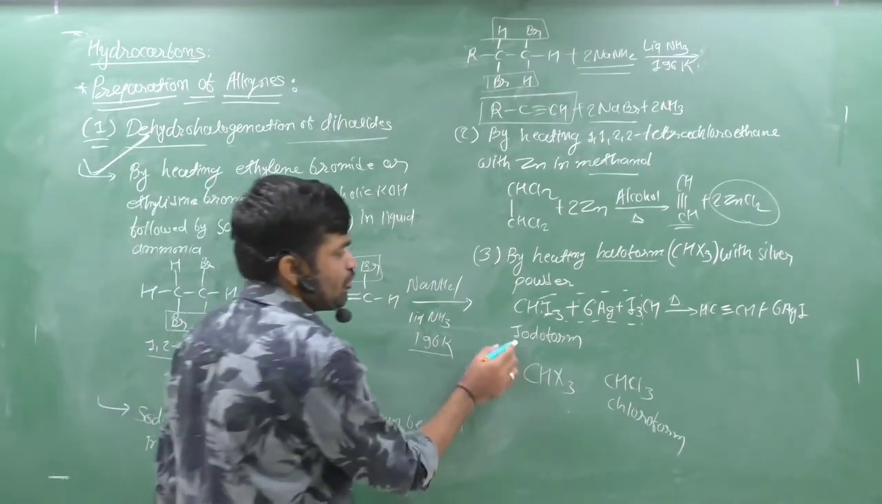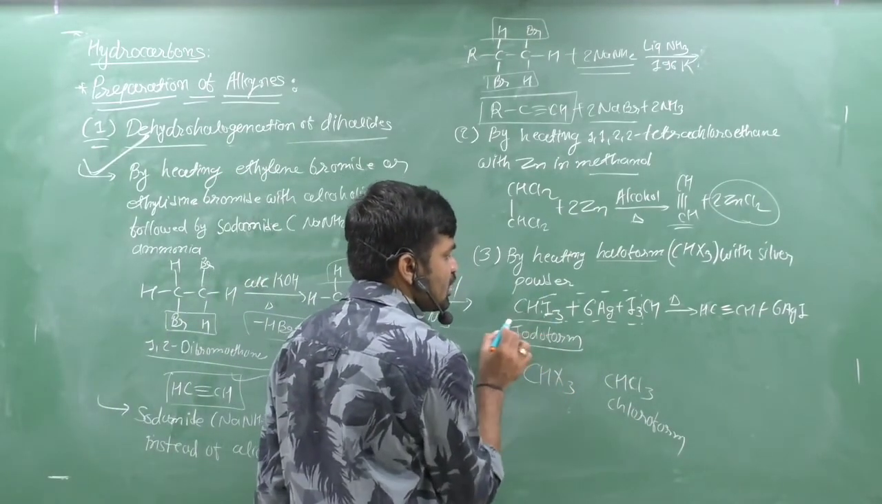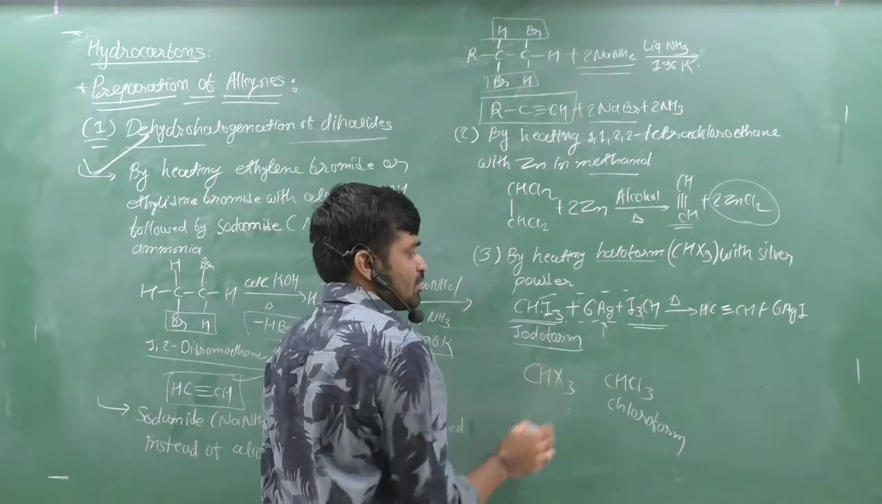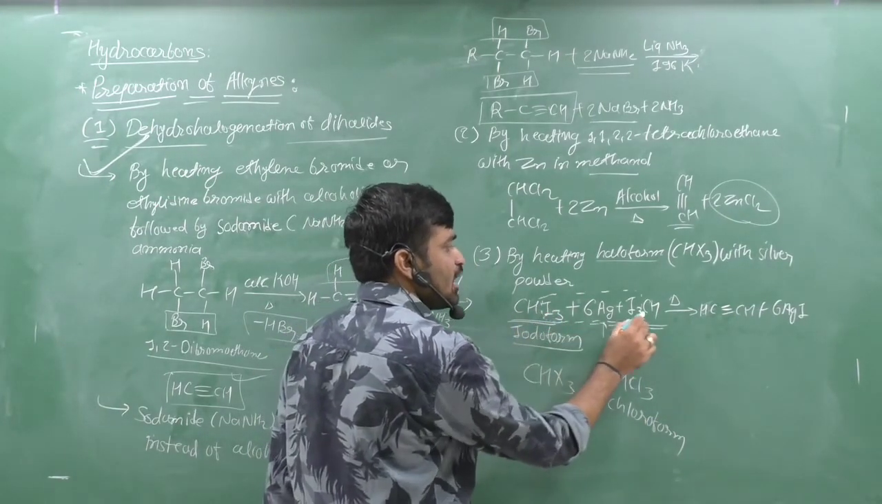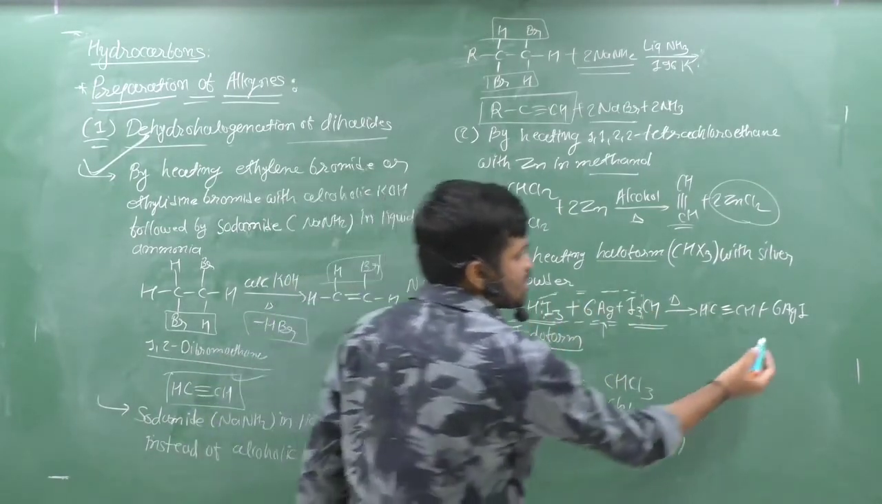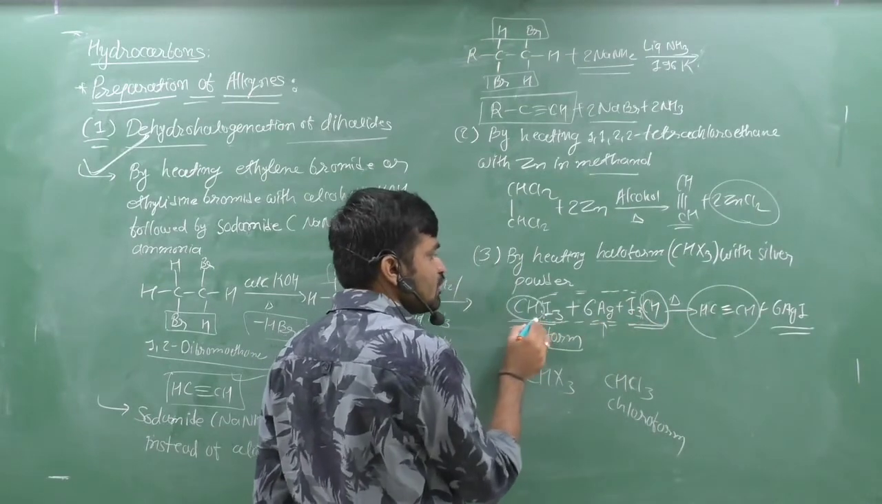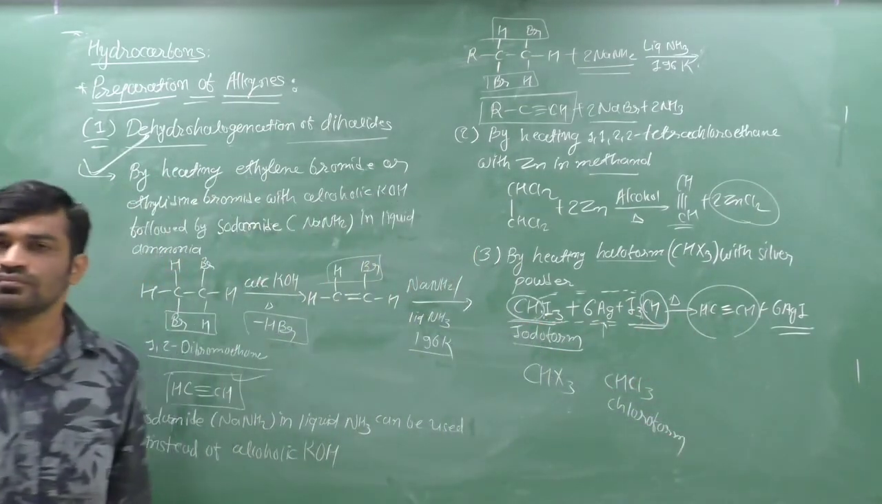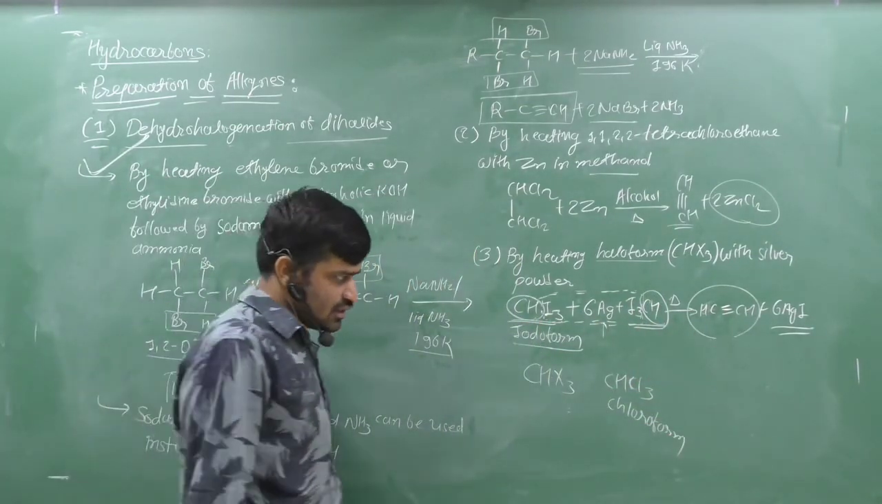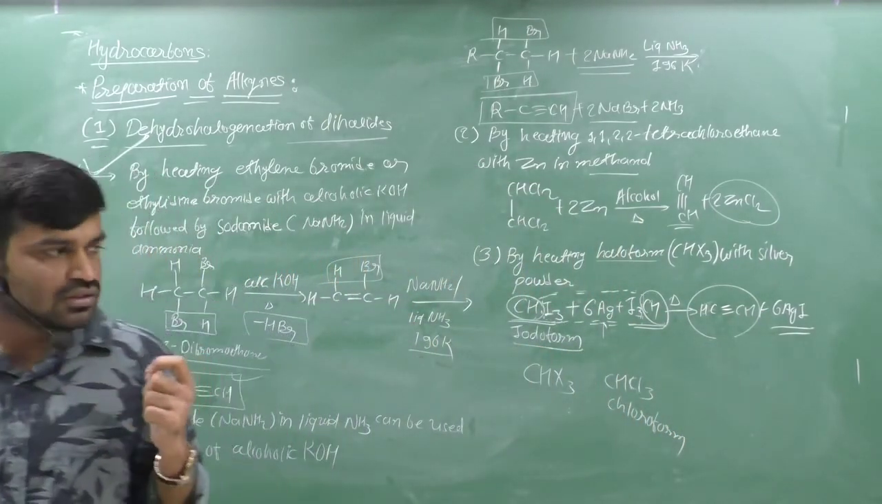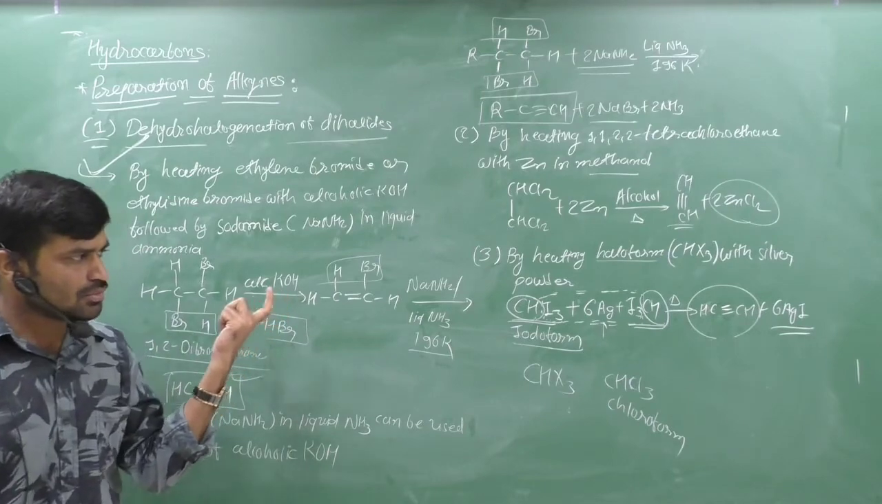Suppose we can have an iodoform, CHI3. We can have 2 molecules of CHI3, and we can heat them with silver powder. Then the I and Ag are released as AgI, and we can get this part combined to give alkynes. Clear? Generally it is a very costly method because we use silver, but in some exams